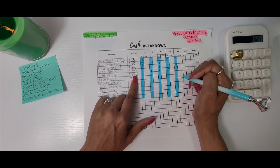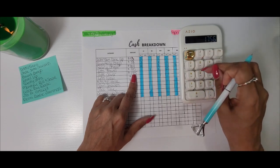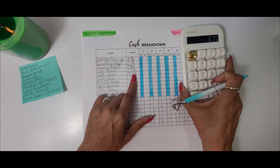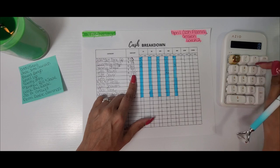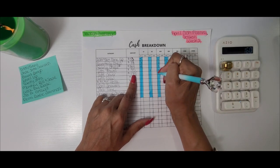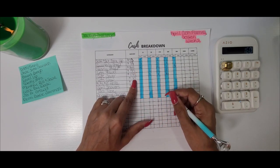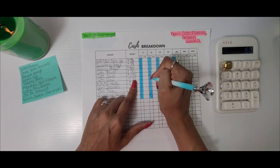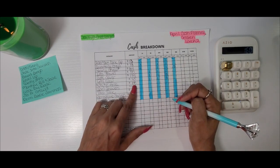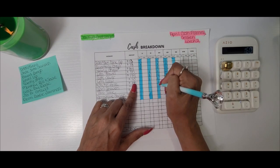Cute Saver. We are going to do, let's do 8 20s. That's 160. So then we're going to do 1 10 and 1 5 for a total of 175. For Let's Glow, we are going to do, let's do 3 20s for 60, 1 10 for 70, and 1 5 for 75. For $1, $5, $10, Holla. We are going to do 3 20s for 60, 1 10 for 70,